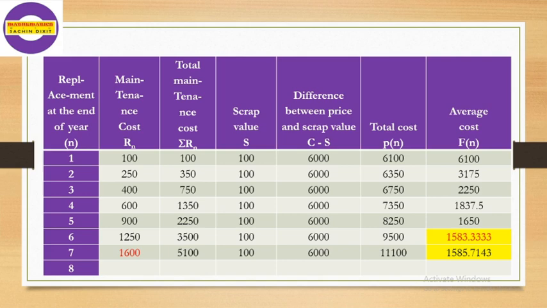We are given the maintenance cost for the 8th year, but we have to get the answer here, so we cannot calculate further. We can leave it as it is, no problem, because we have to get the answer for when to replace the machine. Once we get that point, we can stop the calculation table. But in the calculation table you can mention this 8th row also. Now we conclude the term.